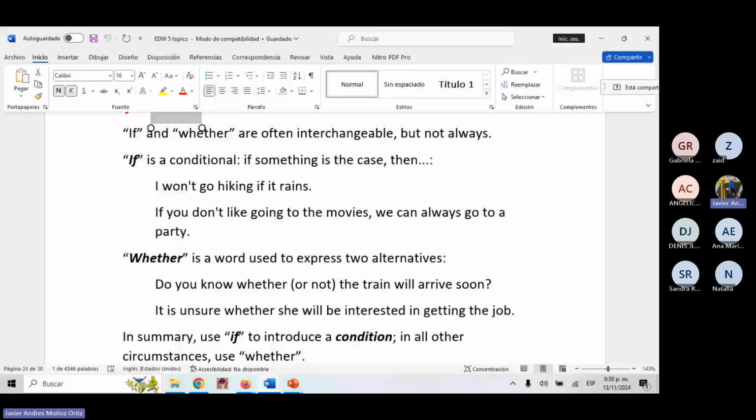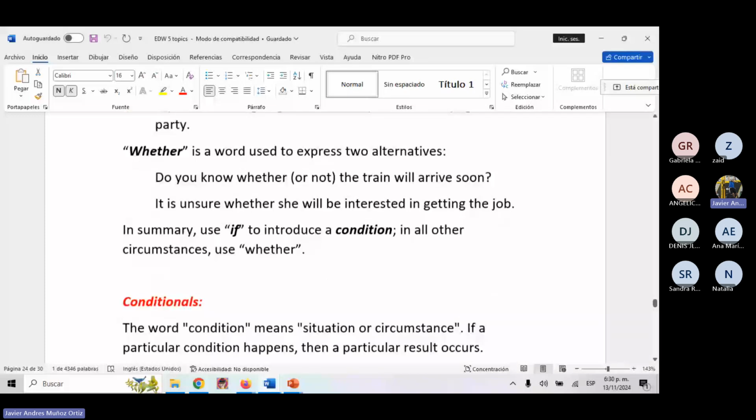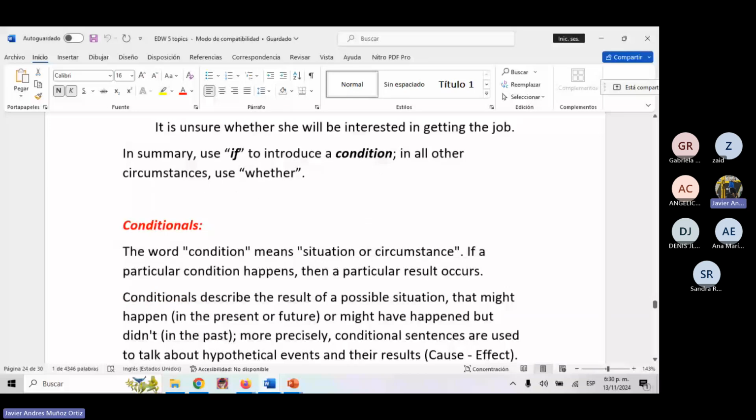¿Vale? So just take it into account because these are going to be very important. This is a very common question. What's the difference between if and whether? Because the translation is exactly the same. Sí, right? So this is the translation. Sí. But once again, not ¿quiere comer algo? No, this is not the translation. The translation is si llueve, entonces, right? Because we are using conditionals. Okay, so